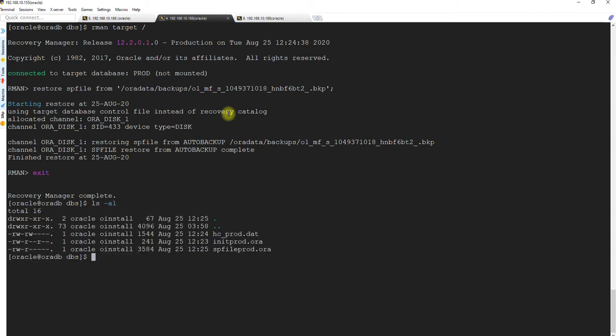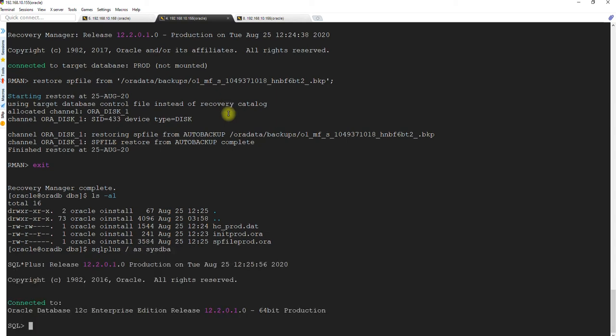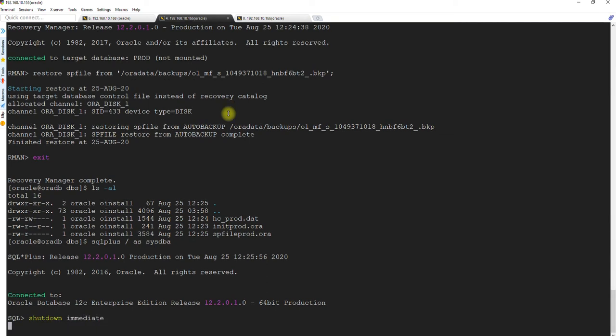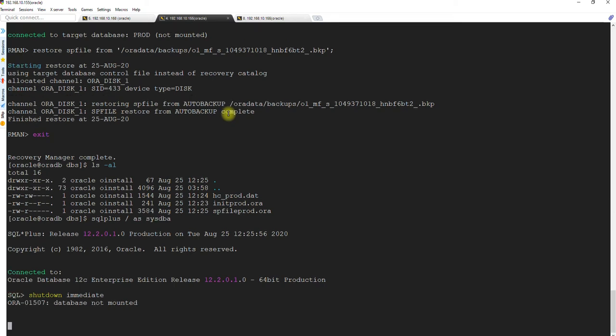Good. Now startup nomount. SQL plus slash as sysdba, shutdown immediate, and then again startup. So as you know that the priority is given to the spfile, this time it will be no mounted with the spfile.